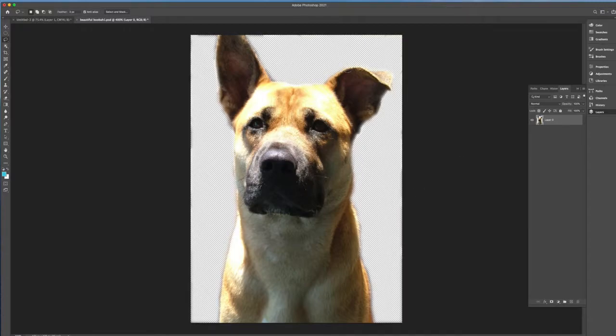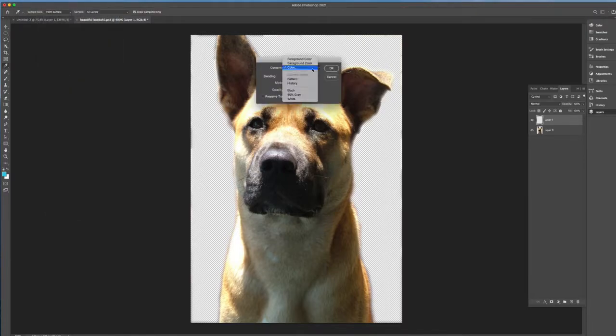And you can see, because of my feathering, I have this soft edge that takes away part of the image of Ruby, but also leaves a little bit of the background image so that I can then put her into, say, a background. And I'll create a new layer, and I'm going to fill that layer